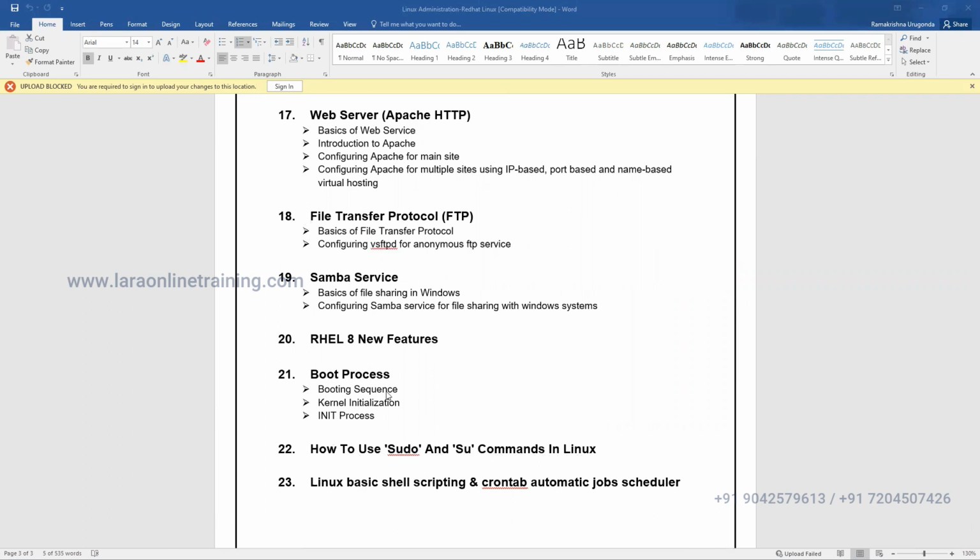After this admin part, I will try to give some automation, like how to make job schedulers with crontab. I would like to run a job every day at the same time. That's called crontab. By using crontab, I can automate the work. Shell scripting is again a programming language, and I'll give only the very basics.